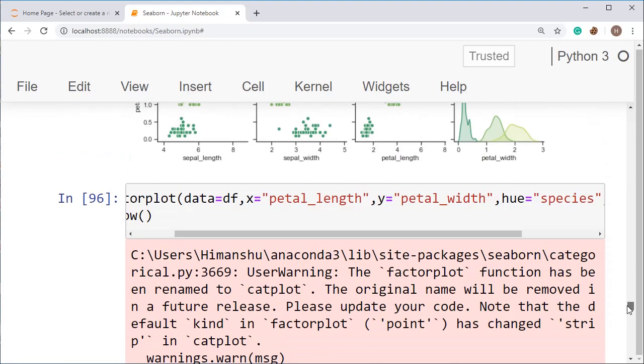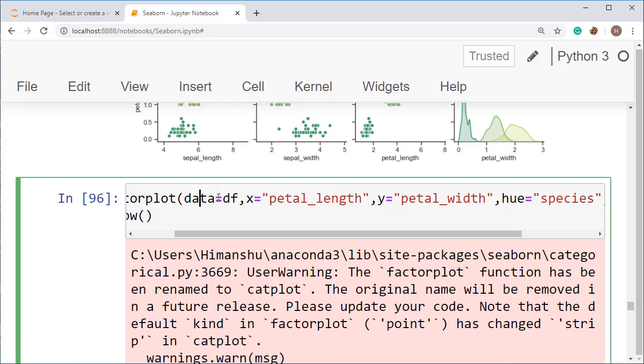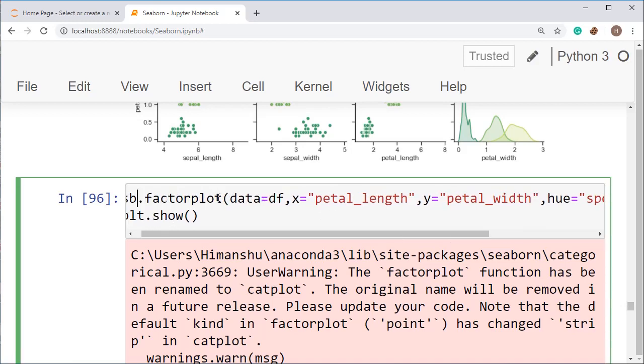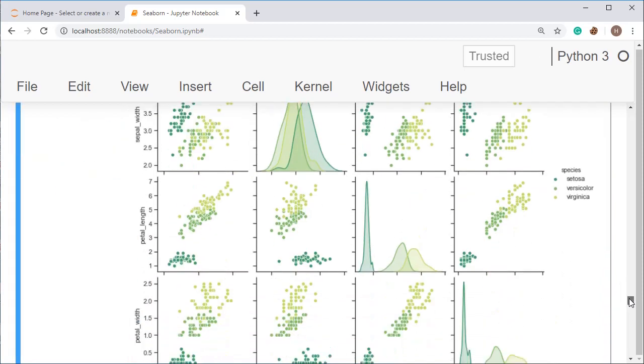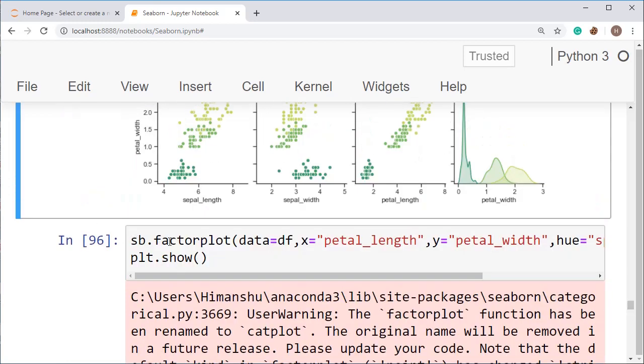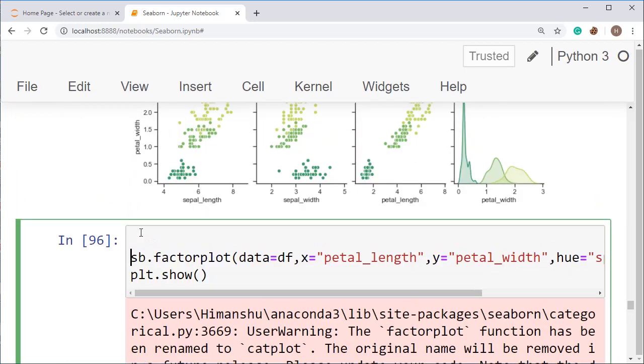Why? We have used the data, and this one is taking the data from the below section. So set the graph first and put here